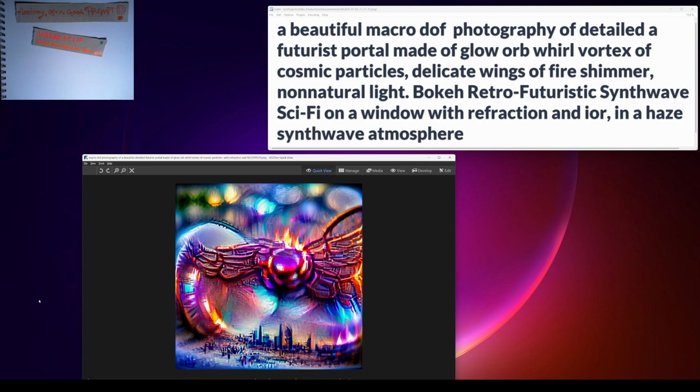A beautiful macro depth of field. Yes, sort of. It's some kind of a photograph. Of course, it's a photograph. If we're reverse engineering this a little bit, I can clearly see that these are probably the wings of fire. Yeah, it has some kind of fire to it. And they shimmer, absolutely. And retro-futuristic synthwave, yes, it has part of that. If we look at the actual background, we can see it has those very fluorescent colors, neon, if you will,